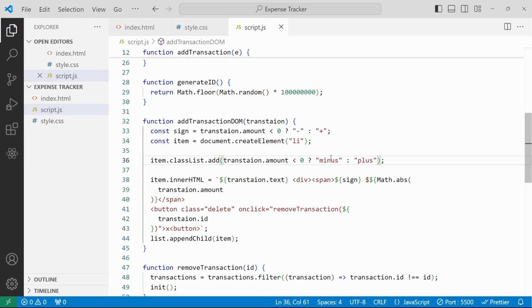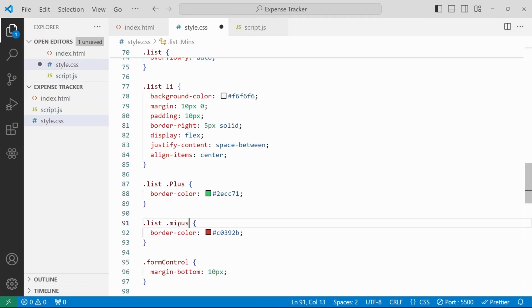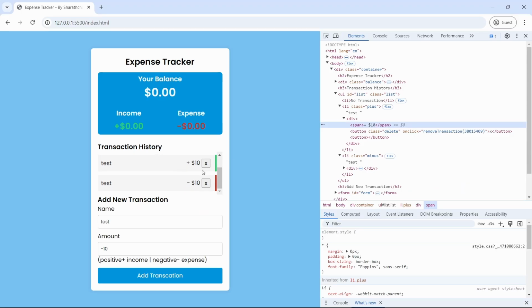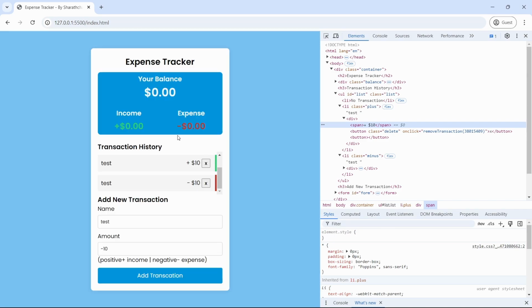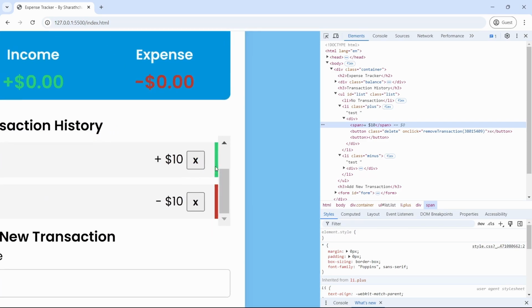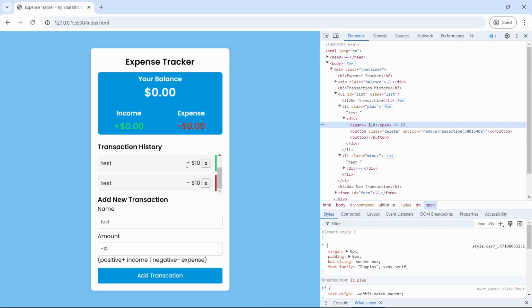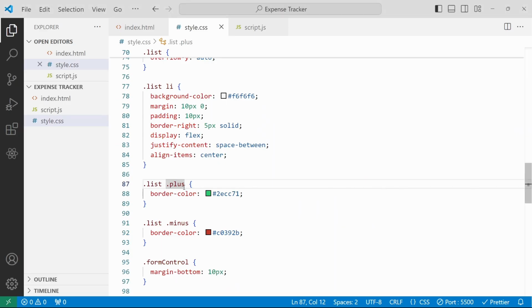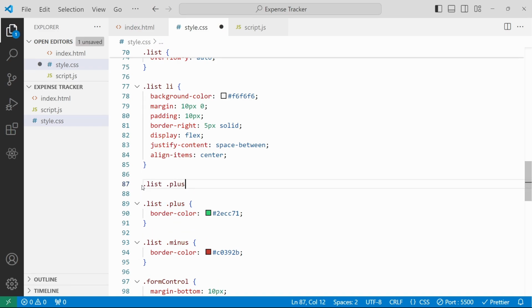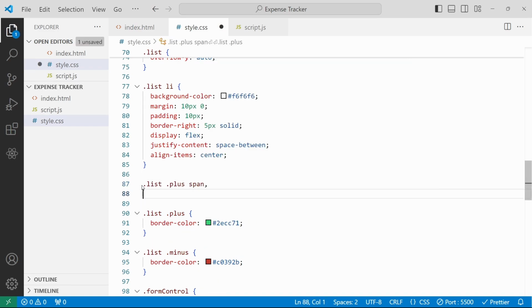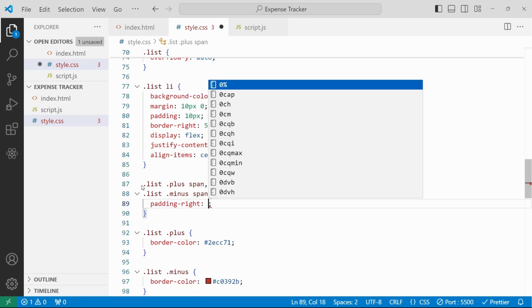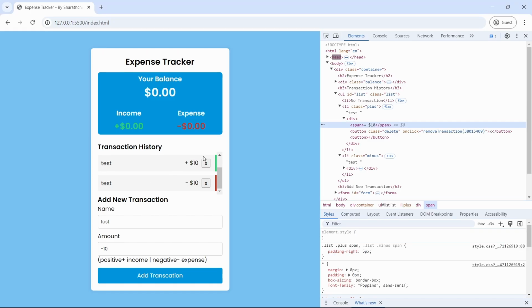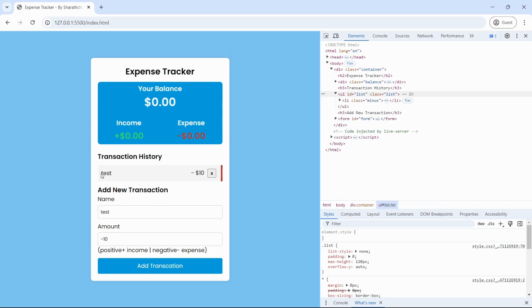browser, sorry, this is minus of this class, and then plus class of this class. If I save, if I go to the browser, here we can see the border of green as well as the red. So with the help of this, the user can come to know this is an income and this is expense, and we'll set some padding to this. So for that I will use the same plus of span tag, same for minus of span tag. Will set padding right to 5px. If I save, if I go to the browser, here we can get some space,